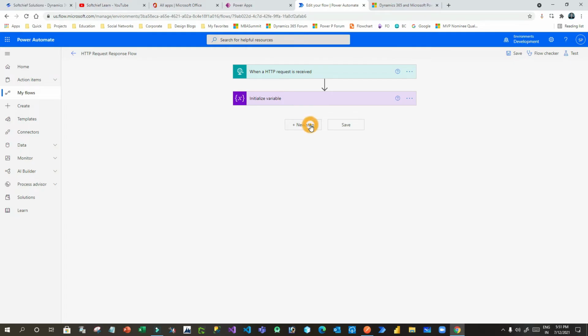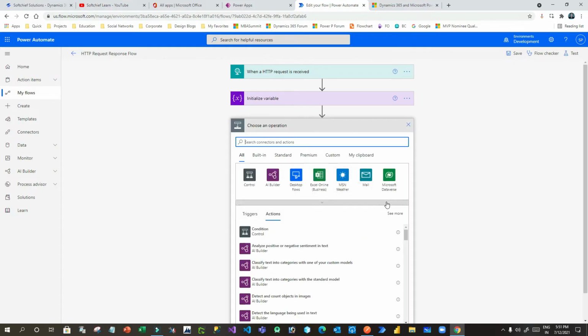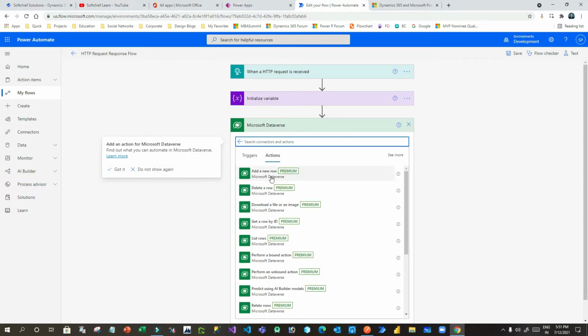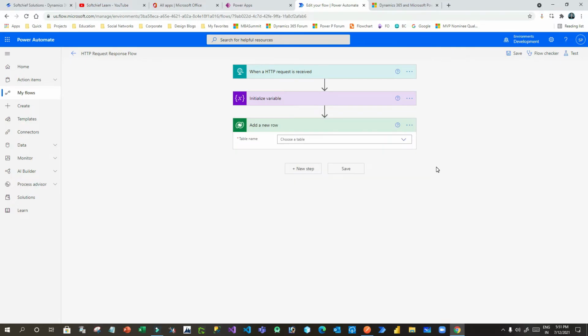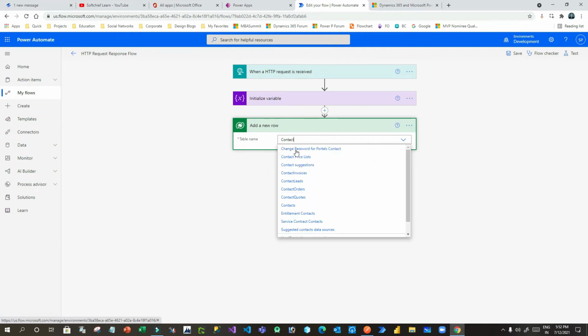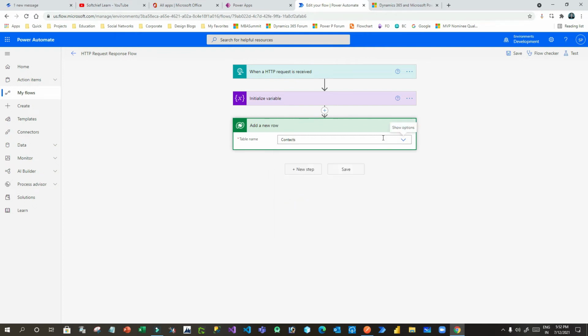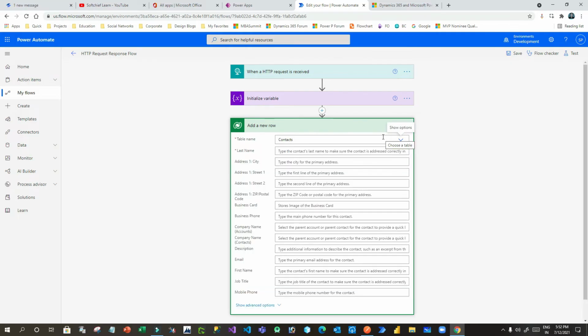Next I want to add a Dataverse create operation. So click on Microsoft Dataverse. Here I want to use add a new row, because the request that contains all the contact informations will be created. So I'll choose contacts, because I want to create contact records. As soon as you select contacts, it will give you the options that you want to assign.